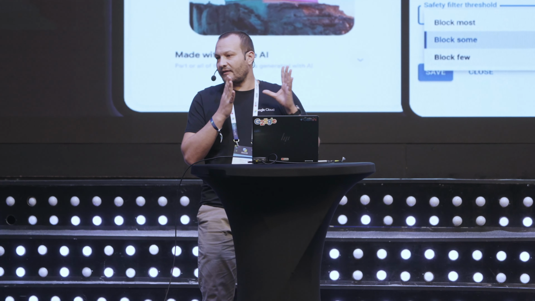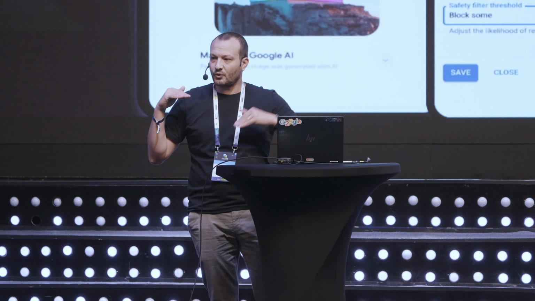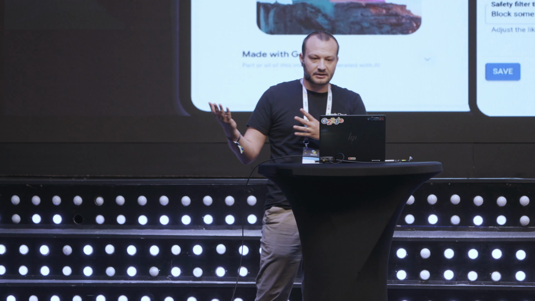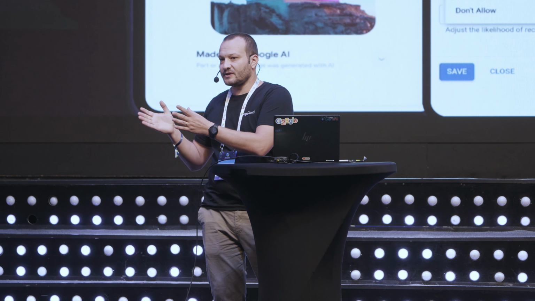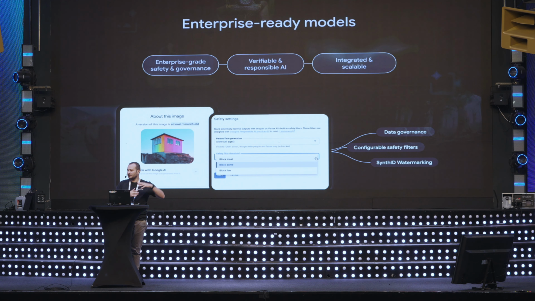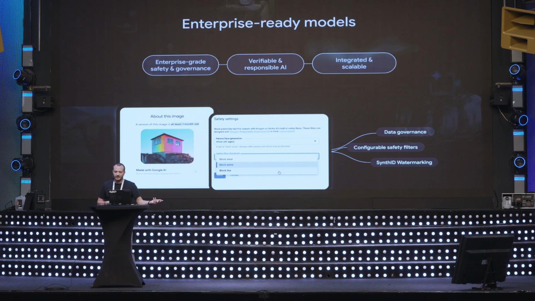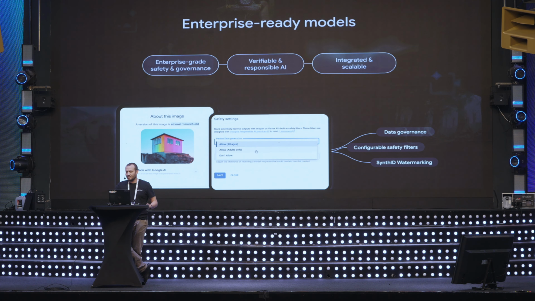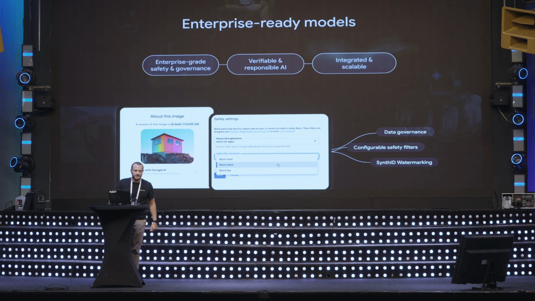You have governance in place to take care of who is accessing them, who is accessing the content that was generated after that. Of course, we are putting a watermark there to differentiate the content generated by AI from content generated by a real person. And of course, being on cloud, it's scalable, and you can easily integrate with your solutions via